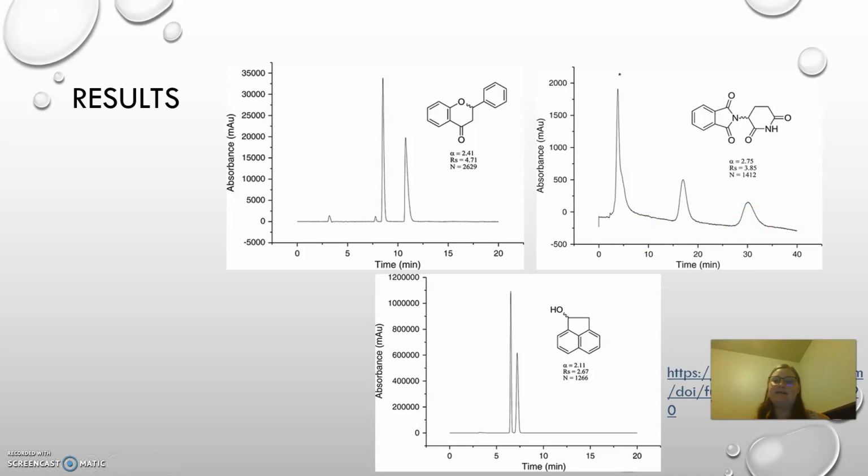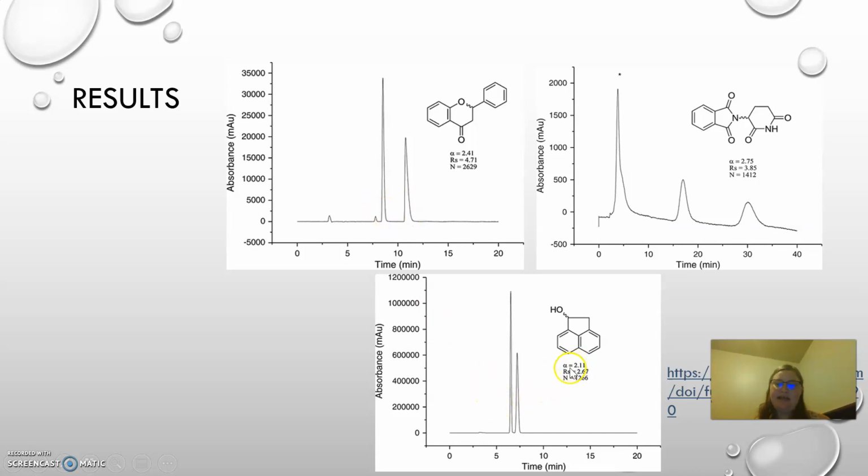You can definitely see that the different enantiomers eluted at different times on this. And this is just the solvent peak. You can't see the solvent peak for these 2, but you can see where the enantiomers were separated.